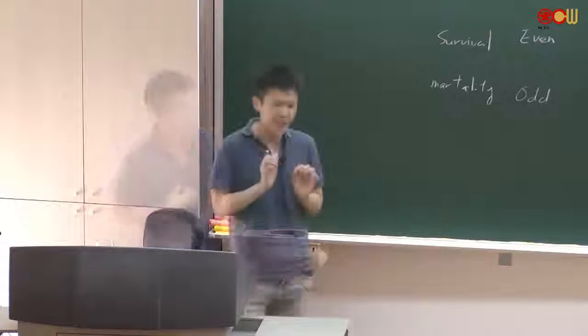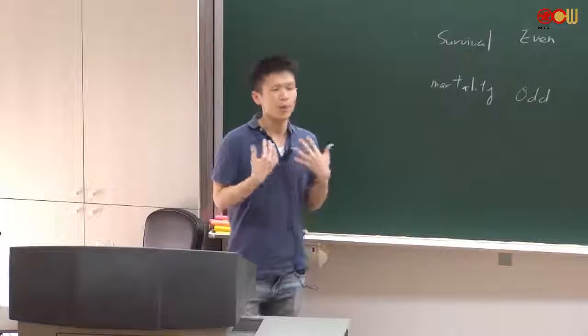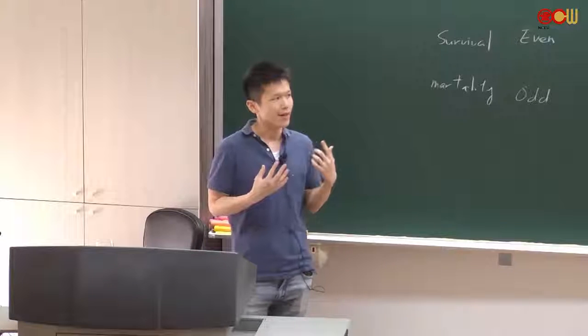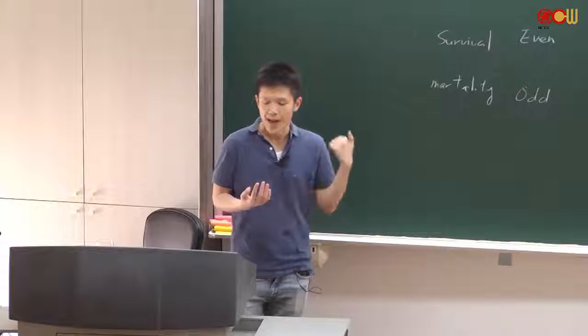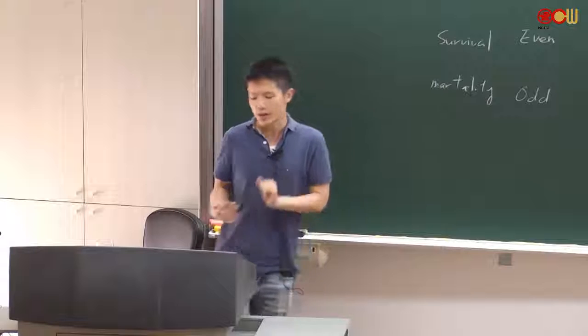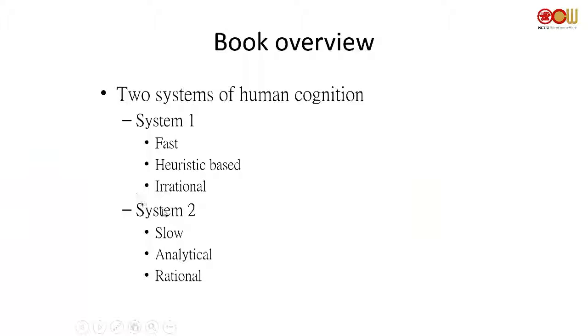But basically, the theme of that book is, for most of us, actually for human beings, we have two cognitive systems. And let's just call them System 1 and System 2. And why do we need two systems? Because their purposes, their functions are different. For System 1, usually System 1 is more active when you are facing a danger. When you have to make a decision quickly, then you tend to use your hunch or your gut feeling. That kind of hunch, that kind of intuition, basically they are not logical, okay? But they are really fast.